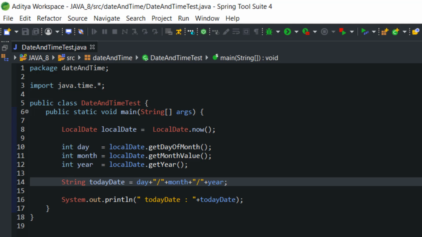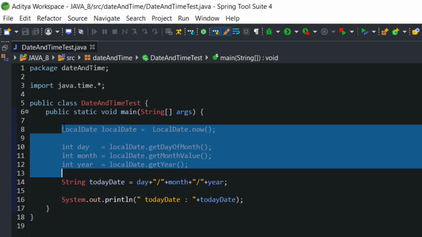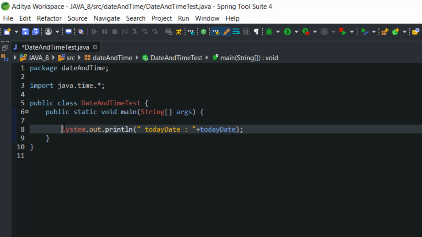Now what about timing? Let's see how we are going to use the time. For time, Java 8 people introduced another class, and the class name is LocalTime.